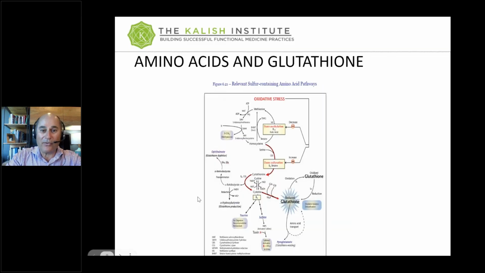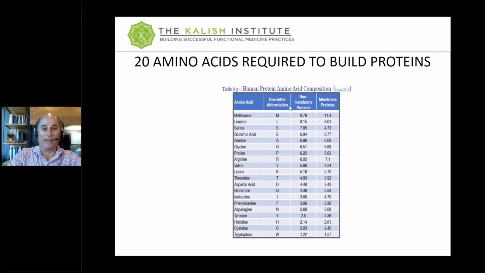Now, you also use amino acids, for example, to make glutathione. Cysteine, glycine, and glutamine are all required to make glutathione. And that's the body's most important antioxidant. So that's pretty important. So if you're low in glycine, for example, is glycine on this list here? Yeah, it is. So if you're low in glycine, the biggest problem that that patient has is that they don't have one of the 20 amino acids to synthesize proteins. The next big problem they have is they don't have enough of the right amino acids to make glutathione.